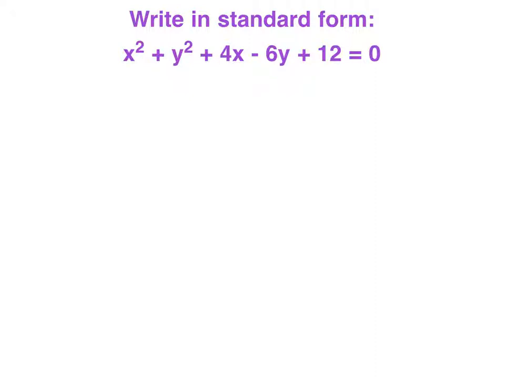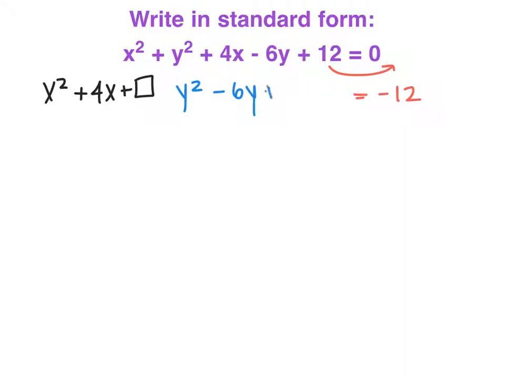So here's another example. Let's say I'm given the equation of a circle. Now, first of all, I know it's a circle because it's got an x squared and a y squared, and I'm asked to change this general form into standard form. The first thing that I'm going to do is actually group my x's and y's together. So I'm going to put x squared plus 4x together. I'm going to put y squared minus 6y together. And I'm actually going to move this 12 over here. And I'm going to leave some room